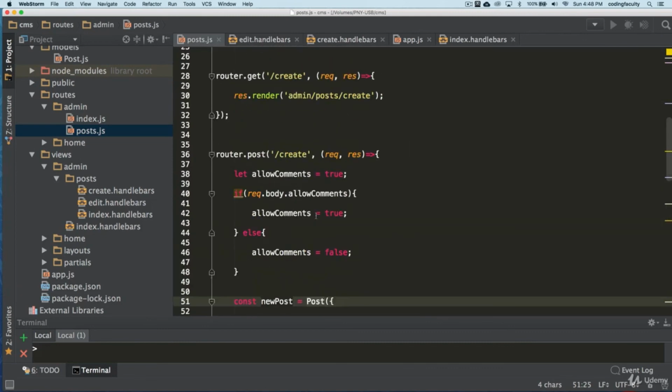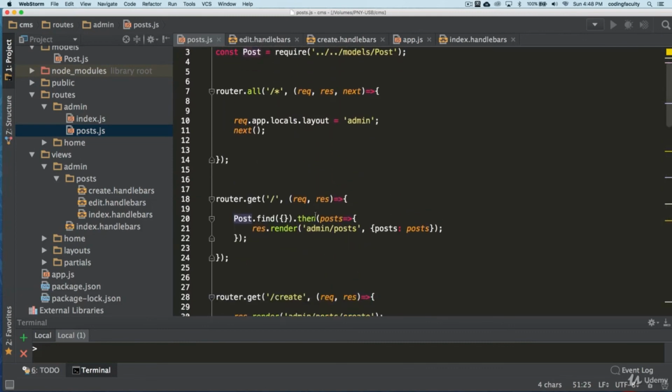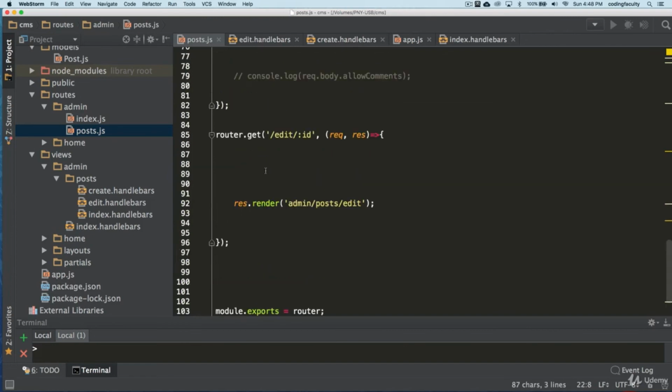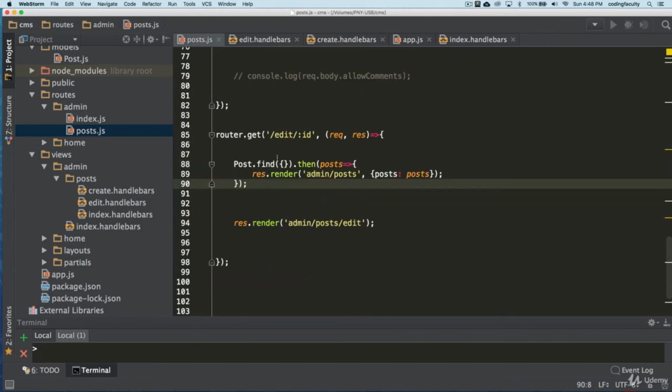Okay, we're using that post there. Let me see if I'm using it right here. So we can just copy this, and this is going to be very similar to that. But instead of saying find, we're going to say find one. And now here we're going to give it some type of query.